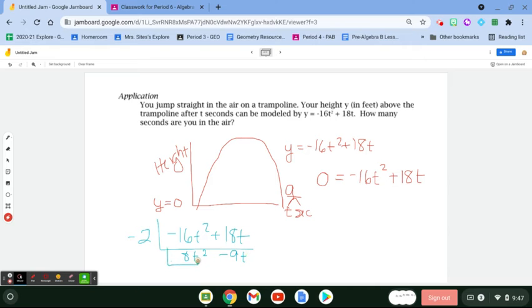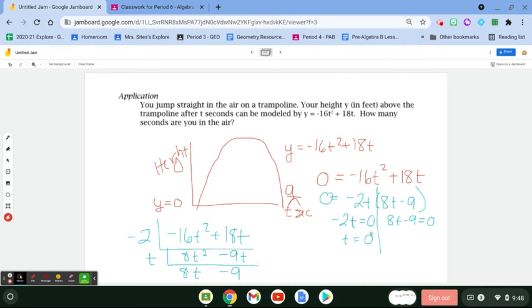Largest amount of t's I can take out: 1. And I'm going to drop these guys down as well. So it looks like the greatest common factor here is negative 2t, and then I have 8t minus 9. And we're going to set that equal to 0. We're going to set each one of these equal to 0 and solve, and then I'm going to tell you what we're finding here. So whenever I set this one equal to 0, I get t is equal to 0,